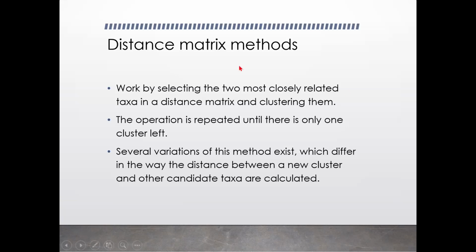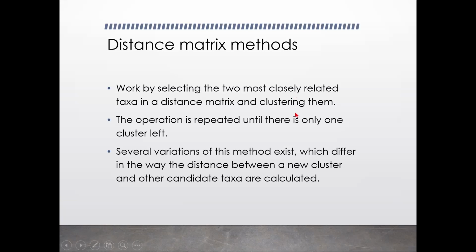The relatedness between these taxa is first determined. After determining the relatedness among these taxa or species, you select the two most closely related taxa in the distance matrix and group them together. Say, for example, 5 different taxa, like the way I have shown you in the similarity and distance table. You compare every possible pair and come up with the most similar taxa. These two most similar taxa are clubbed together as a cluster.